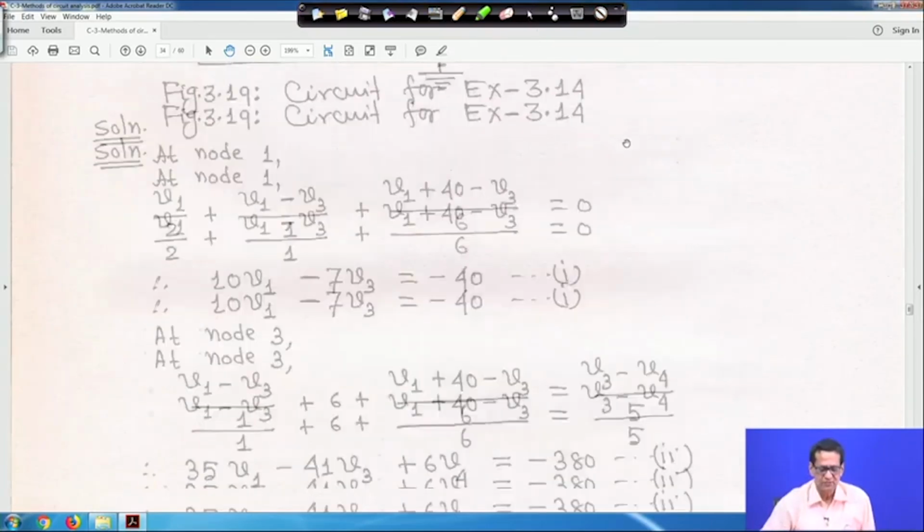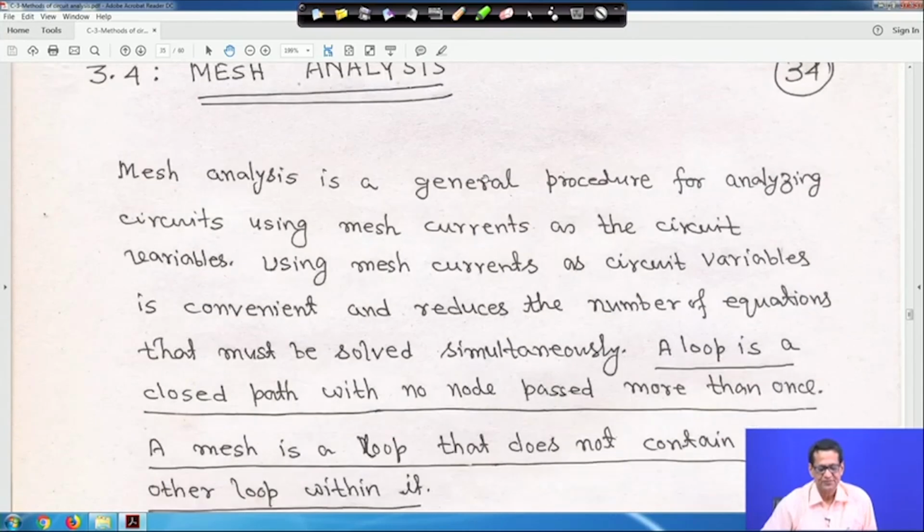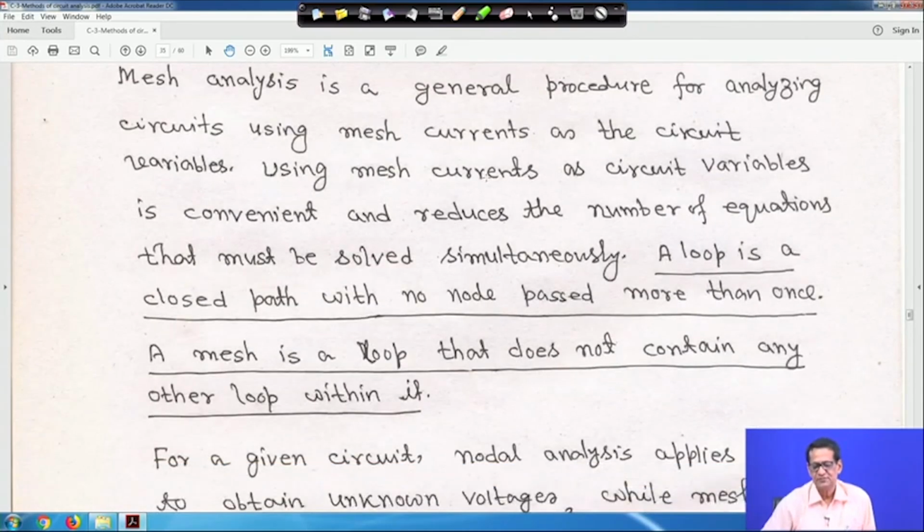So, with this, node voltage analysis is over. Next we will go for mesh analysis, right. Mesh analysis is a general procedure for analyzing circuits using mesh currents as the circuit variables. Whether you use nodal analysis or mesh analysis depends on your observation of where the number of equations will be less, such that the computational burden is less. Using mesh currents as circuit variables is convenient and reduces the number of equations that must be solved